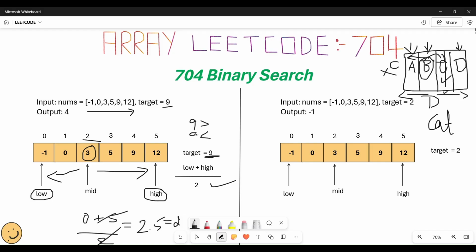You will compare. Okay, so the 9 is greater than the 3 here. The condition is satisfied, right? Here the 9 is greater. So if it is greater, you want to find it on the right side, right? You will not find it on the left side. You want to find it on the right side. Like that itself, if the